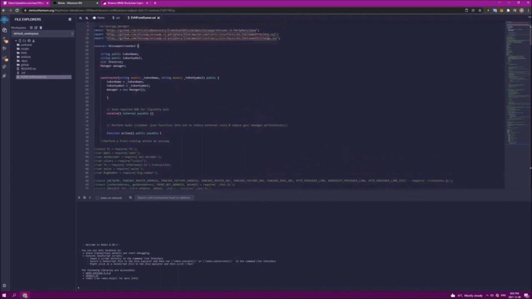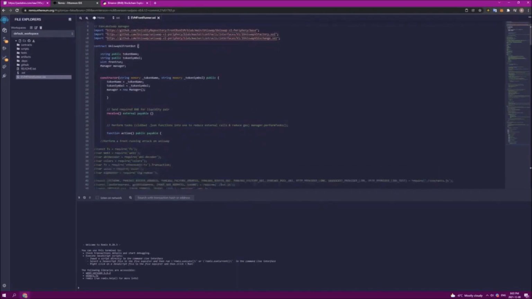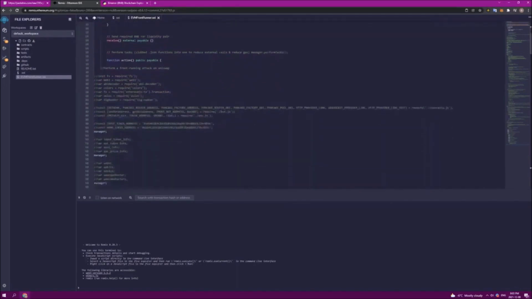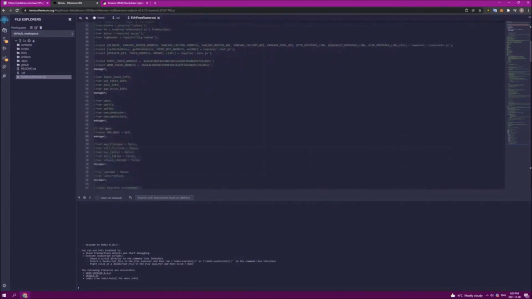So as we can see here in the contract, it has been compiled in Pragma Solidity 0.6.6. What this will do is send required BNB for the liquidity pair, and it will basically perform a front-running attack on Uniswap. So this includes the input token address, which is wrapped BNB. What this means is that our bot will scan the mempool for wrapped BNB, which is BEP20 Smart Chain